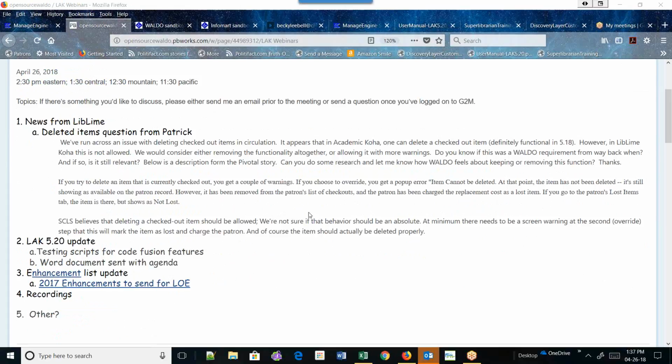If an item is checked out to a person and it has not yet reached the long overdue lost status, do you want to be able to delete an item record even though the item is still checked out and there may be other things that you want to have done? Or do you want the screen warnings as they are now that would give you the capability of deleting an item, or would you want to,